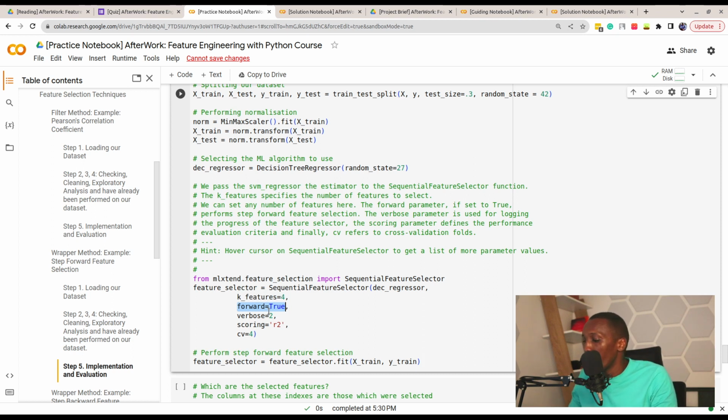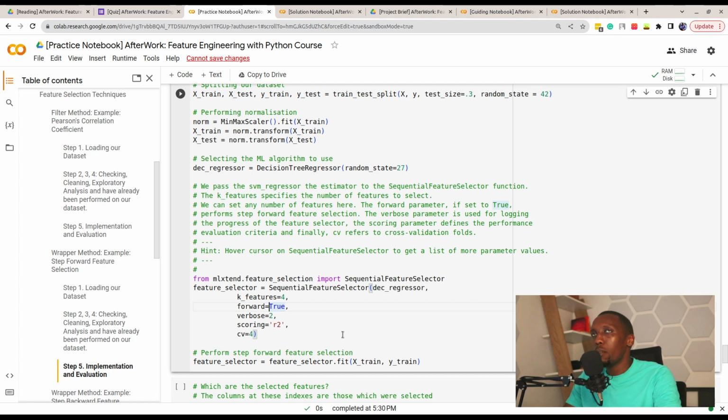So we start with all the features, but now removing one feature by one feature, checking which of the features actually lead to better performance or poor performance, and we can drop those that don't help. So that's what we set. We also set verbose to true and scoring to r squared. R squared is the other metric that we can use, with a higher value of r squared, or a value closer to 1, meaning better performing. So if you have a model with an r squared value of 0.9 as opposed to 0.2, then the 0.9 actually performs better. And CV refers to cross validation folds,